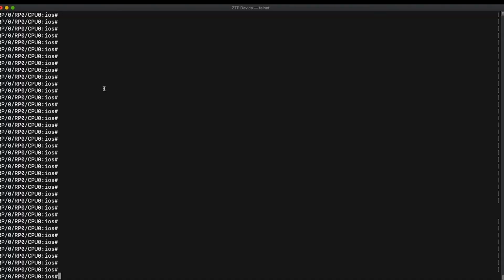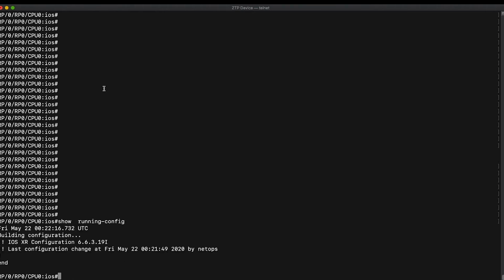Now, we're not actually booting the device from scratch because that will take much longer. Instead, we have the device already booted up, but without any configuration on it. This basically means that we can go ahead and initiate a ZTP that will behave in almost exactly the same fashion as if the box had been booted up from scratch. So we'll use this to initiate ZTP, but before we do that, we'll need to set up everything that we need using the hook server first.